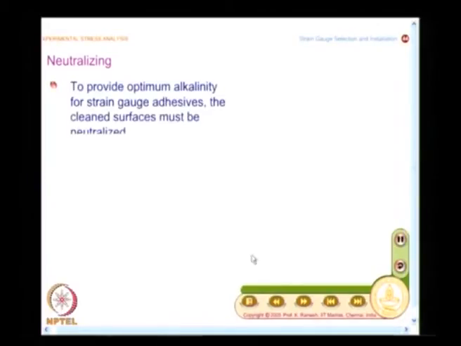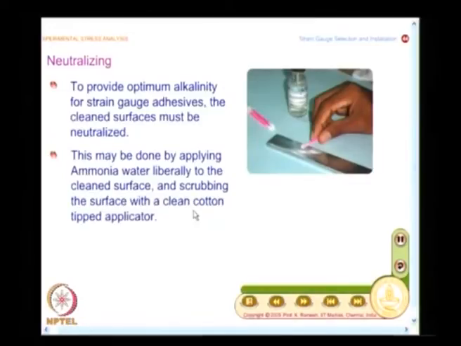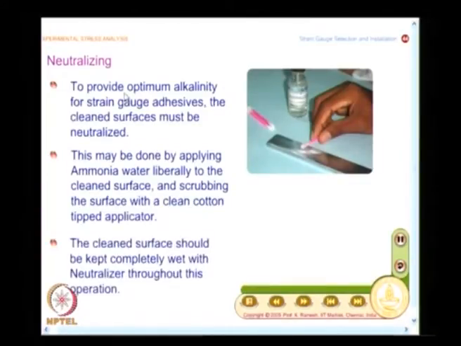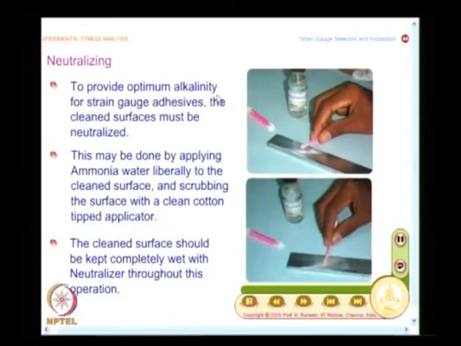Now, you have to do a neutralizing of the surface, and why do you do this? This is done to provide an optimum alkalinity of the surface, so that the strain gauge adhesive bonds perfectly on the surface.